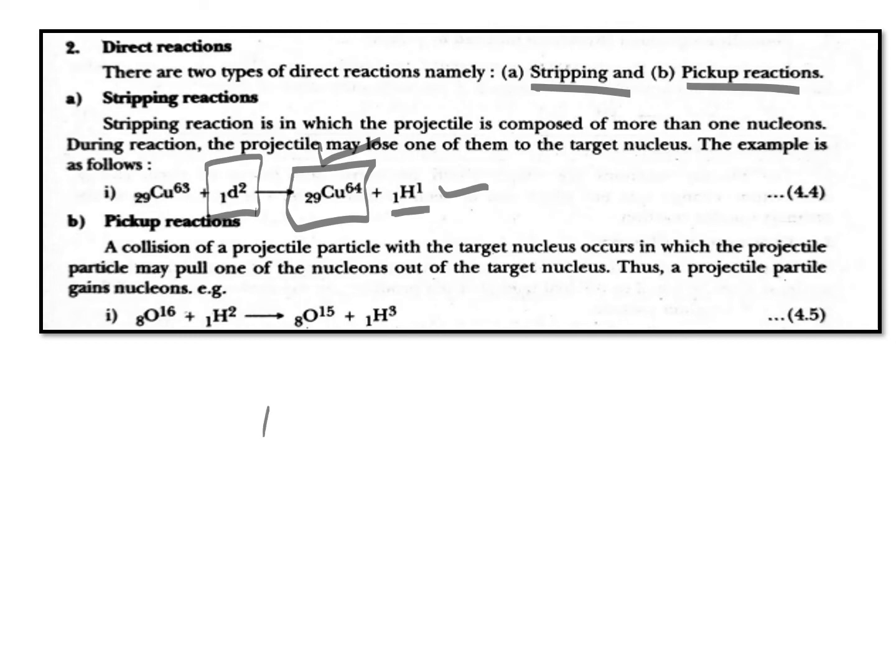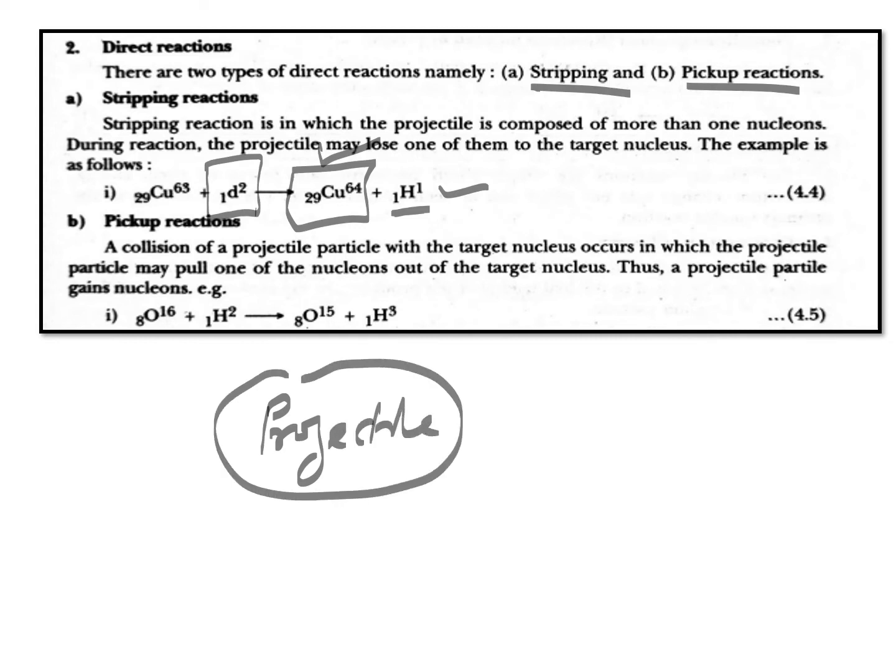Just like if some projectile is there which is already very small, and the target accepts the proton or nucleons from this projectile, the reaction is called a stripping type reaction. Generally in Marathi we call it khardun karne. And the pickup reaction, what is the pickup reaction? In a pickup reaction, when deuterium is bombarded on the oxygen, the deuterium takes one of the protons from the oxygen and becomes tritium. Like this, the reaction is called the